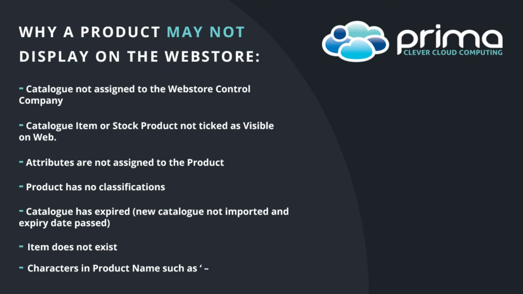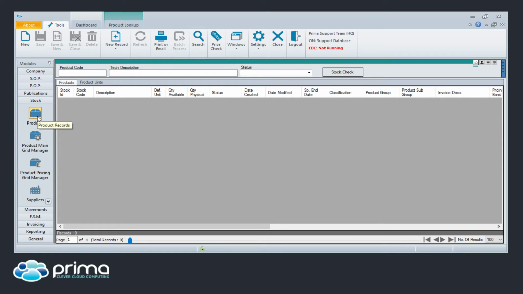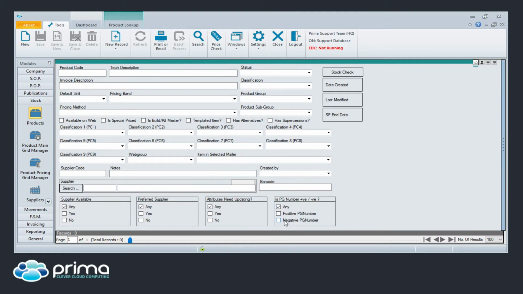So if I just pull up Prima, I go into stocking products. Okay, and what I'm going to do is I'm going to search on products that have a negative PG number. So in sort of plain terms, anything with a positive PG number is something that you can't modify the attributes for. Okay, but everything with a negative PG number you can modify, sorry. So if I tick that and do a search,